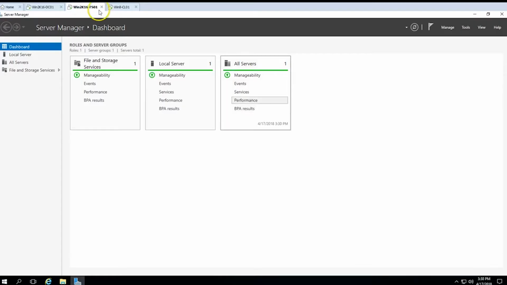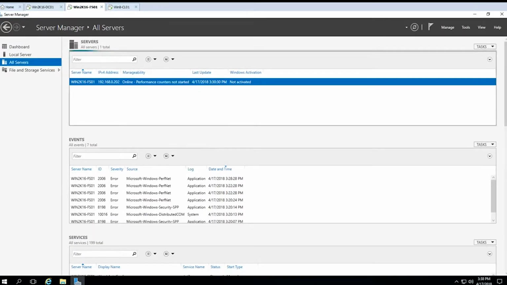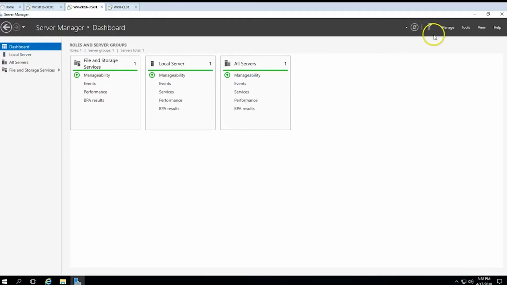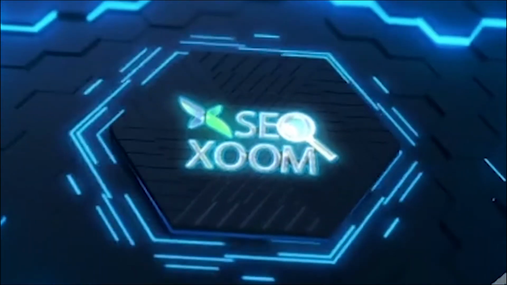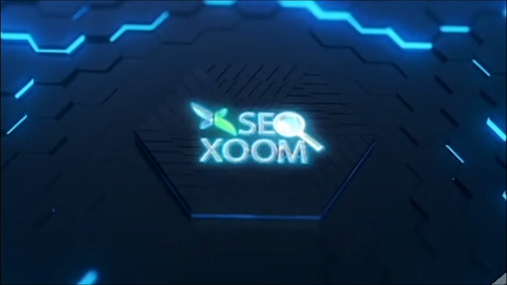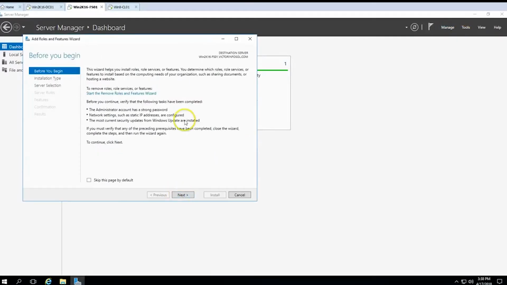So I'm on my FS01 server, which is my file server, basically where I'm going to install my FTP server. So I'm going to click on manage. Add roles and features. And before you begin, you need to verify you have a strong password, IP address configuration,